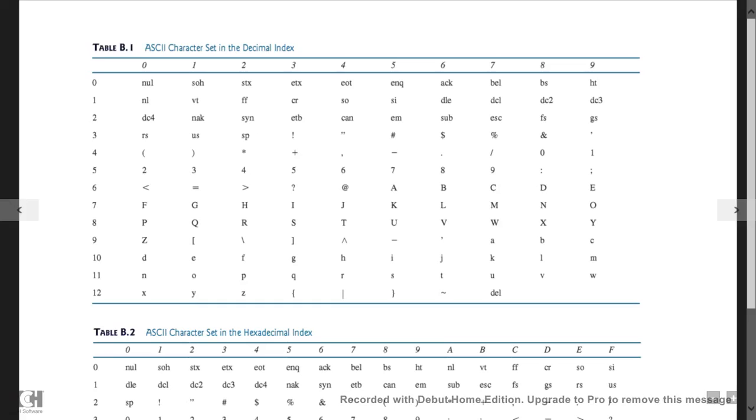So 33 is given by this row here, and this column here. So this apostrophe sign is at index, if you think of these as indices, index 33, and our last character is at index